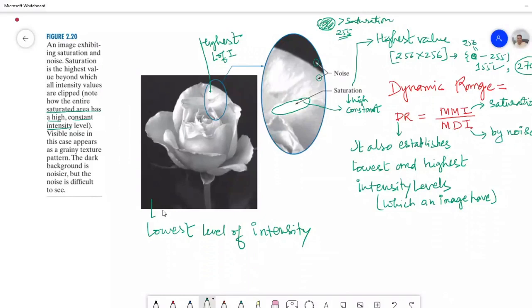So for k equal to 8, we have 2 to the power k, you can calculate 2 to the power 8, it is 256. So this 256 is the capital L, and L is the number of intensity levels. Remember this. The 8 bit image, which you call a k bit image, you can also call an 8 bit image. This is the common term used in image processing.